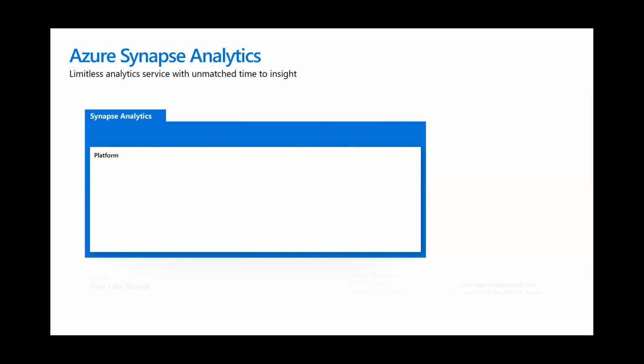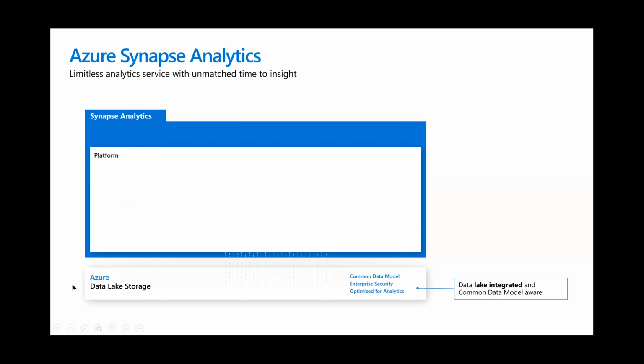And how do we do that? We have a data lake storage, which is the foundation for all your storage, like what we talked about. It is optimized for analytics. It has enterprise security built in, and it supports the common data model. What does that mean? We have built-in subject areas and data models